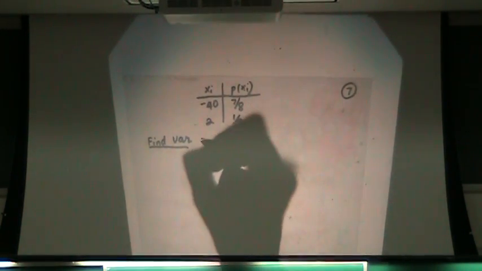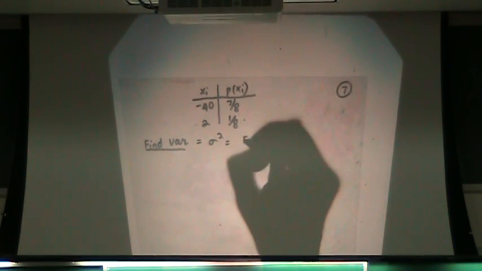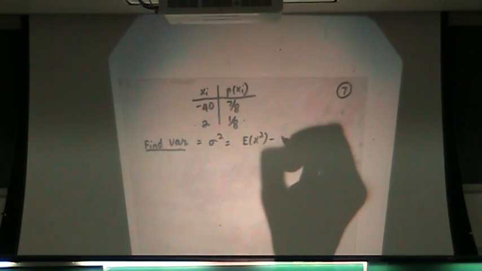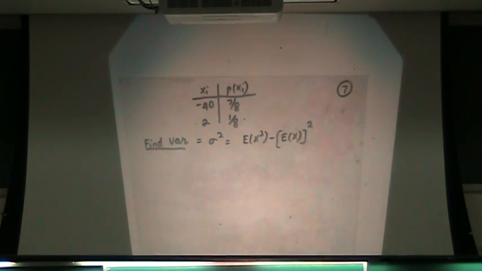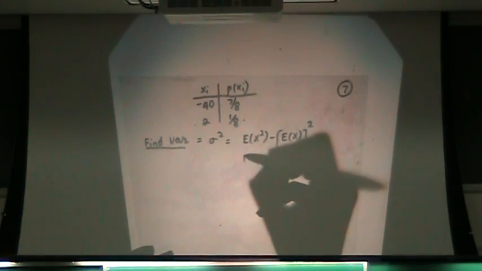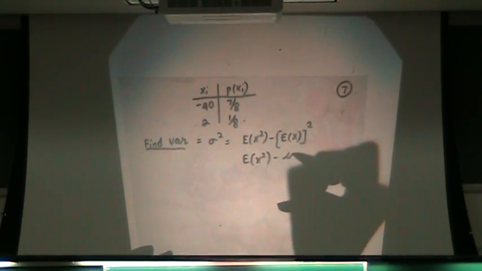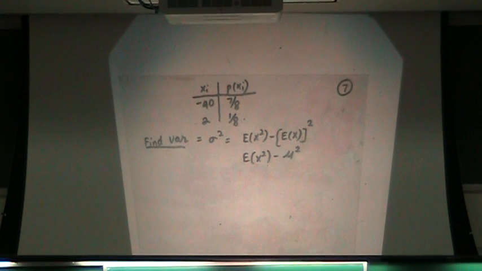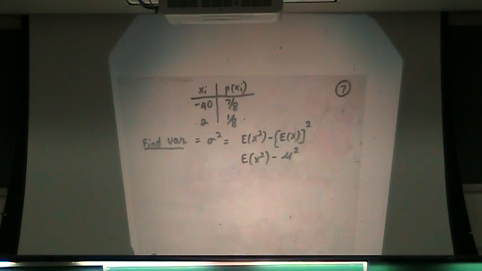So that means I have to do sigma squared, which is E of x squared minus E of x, the whole thing squared, or mu squared, right? E of x squared minus mu squared. That's my formula, right? Mu is another word for E of x. So did we ever find E of x squared for that function? We never finished that problem, right? Shame on us. All right, so that means I have to do it now. Let's do it.